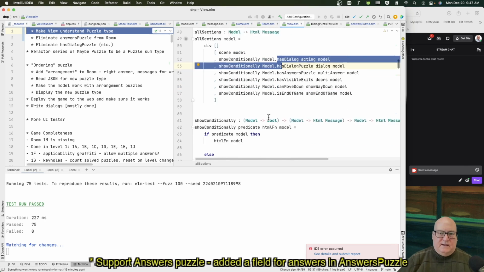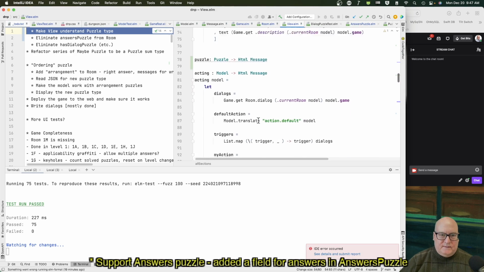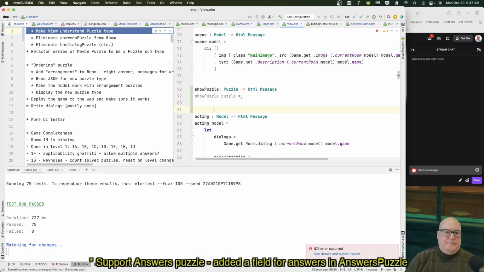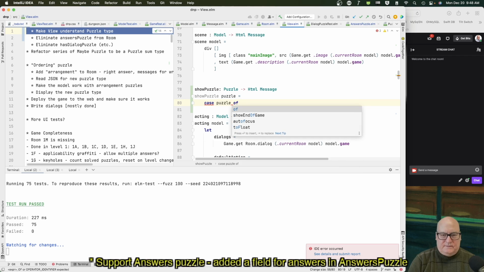And I think the fact is everybody's going to have different stuff to do when they apply. So well, maybe I should say show puzzle. Show puzzle of a puzzle is a function. Okay. And it's a case puzzle of,